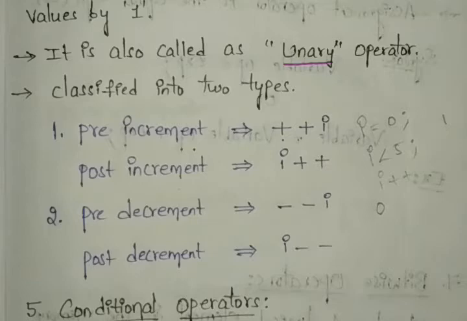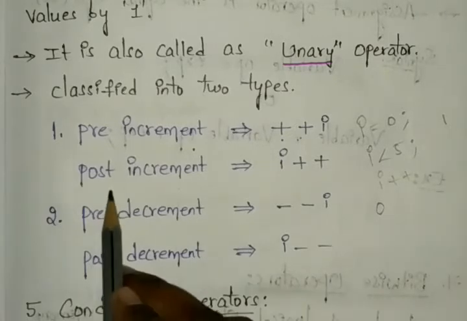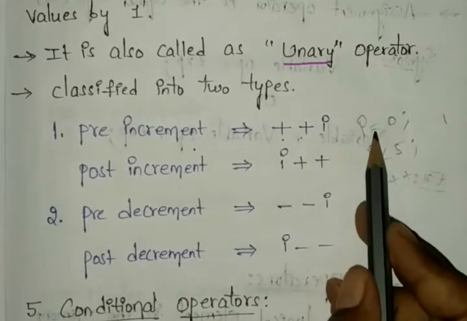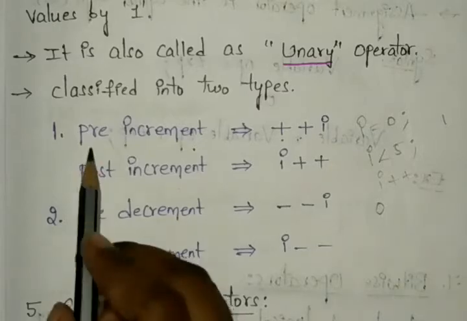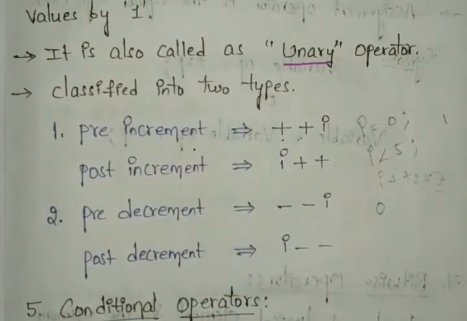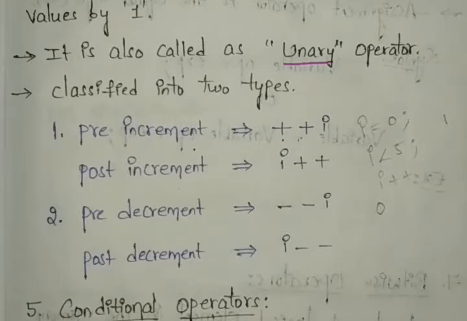In pre, the increment is performed first. In post-increment, only after giving the output are we increasing. So in pre, first it increases the value, and after that it gives the output. Like that we can perform the increment and decrement operators. It is always increasing the value by 1 and decreasing the value by 1 only. It will not increase more than that. Okay, these are our increment and decrement operators.